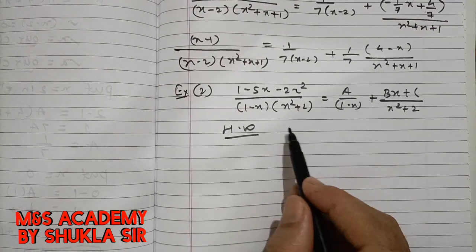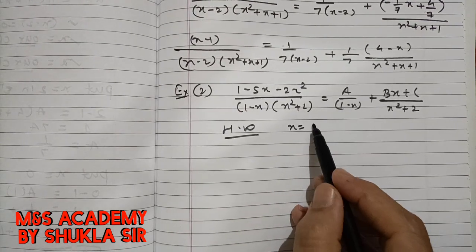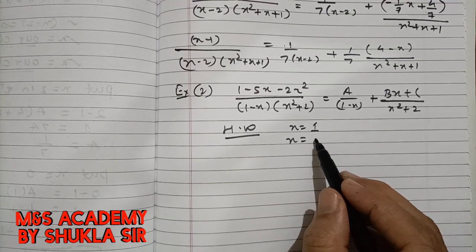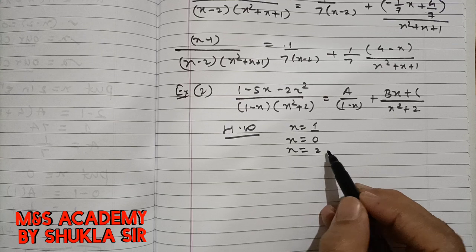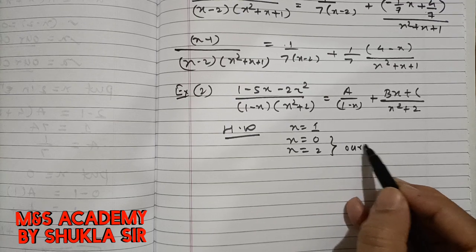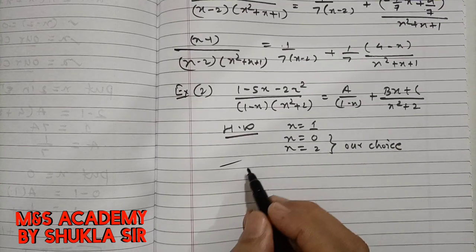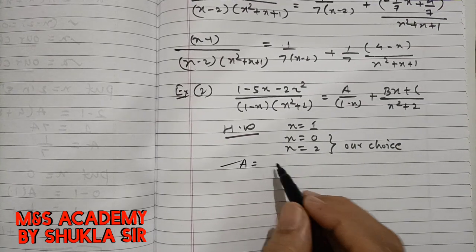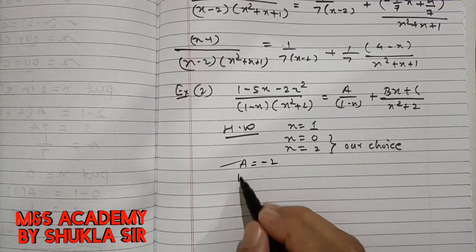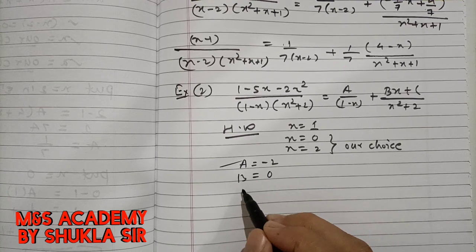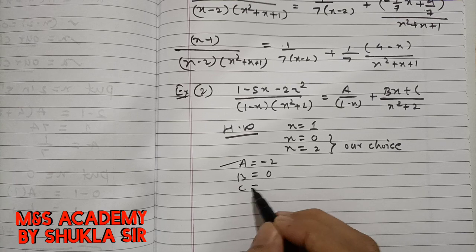Here one root is x is equal to 1, and x is equal to 0 you can take as our choice, and x is equal to 2 as another. So these are our choices. If you simplify this, you will get the value of a is equal to minus 2, the value of b is equal to something, and the value of c is equal to